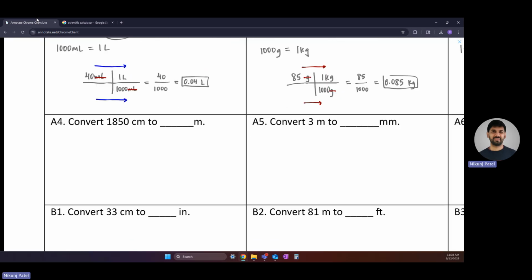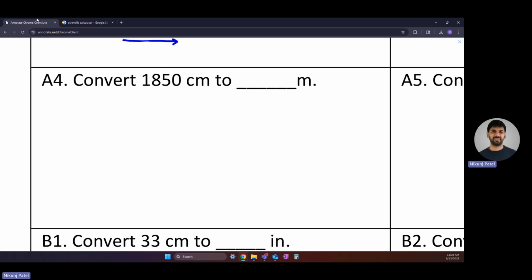Let's do A4. A4 is centimeters to meters. Now, above in our conversion chart, we have the section that says centi, or commonly used with centimeters. We know that 100 centimeters will always be equal to 1 meter. So we're going to set this up the same way we did earlier in the other examples. We start with our chart,